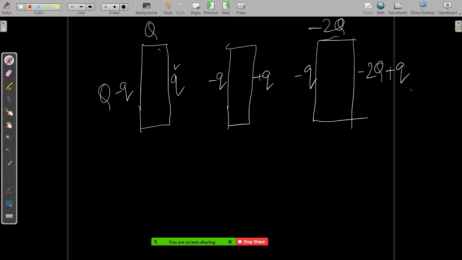So this is your arrangement. What do you have to find now? The question asks what the total charge here is, so basically you have to find the value of q. Now again you can draw a Gaussian surface here and see the same result. That Gaussian surface will be basically up to this point.